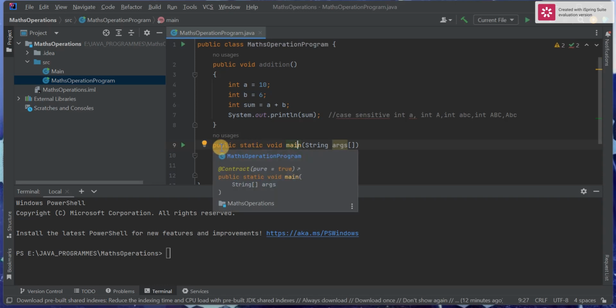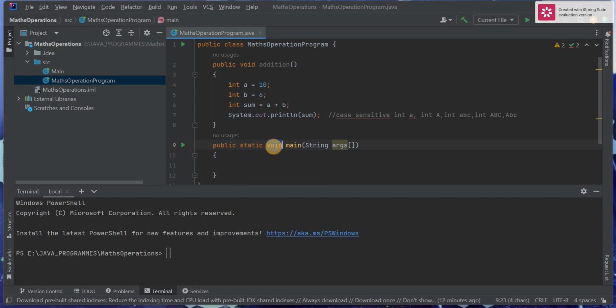That is specifying the access specifier, after that static, after that its return type, and main: public static void main. We have declared this main method as a static method. So what is static? You need not worry about this static. You are going to learn it in a later session. So just now keep in your mind that we have to declare our main method as static,